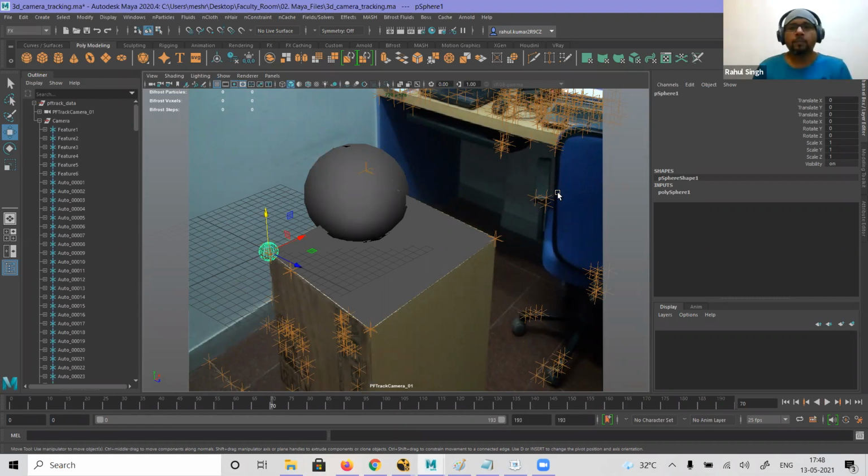In a match move, we track the scene. Now we have the object, we render the object. Then we bring that to our compositing software, Nuke, After Effects or whatever, and there we combine the original footage with this. We won't render the background here, and we won't render the supporting elements. Only the main object which we want, we will texture, render, and then compose it into our compositing software.